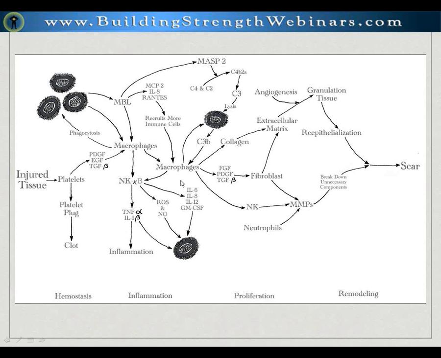And as we can see from here, the bacteria have those mannose-rich receptors on the outside that stimulate the macrophages, and in turn, early on we see in the picture that macrophages come back in and phagocytose those bacteria and take care of those problems. At the same time, the wound causes platelets, and then the platelet plug can cause clotting to stabilize the wound, and that's the hemostasis process.